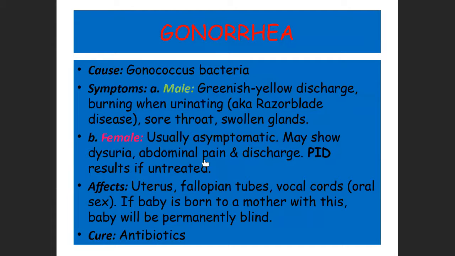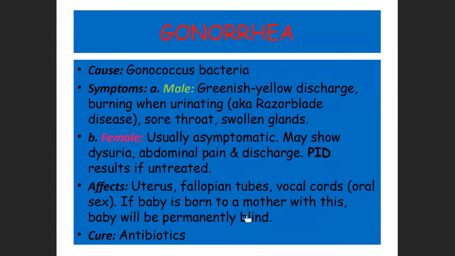The female is usually asymptomatic, so the female is typically the one that passes it around, carries it, and just doesn't know. If they do show symptoms, they may show dysuria, which is difficult, painful urination, some abdominal pain, and some discharge, which again can be attributed to something else. If they don't treat it, though, they can end up sterile from pelvic inflammatory disease. It affects the uterus, fallopian tubes, and you can also end up with gonorrhea in your vocal cords